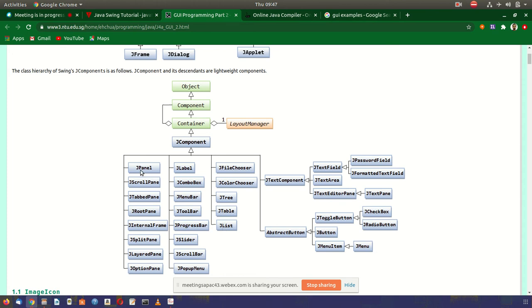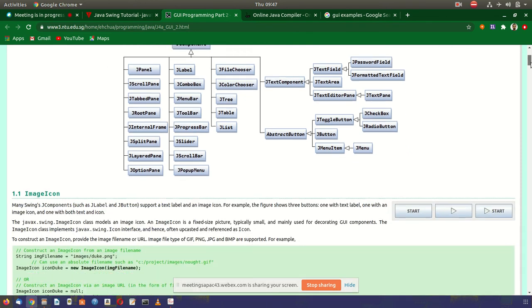Most of the time we are going to use JPanel. We are going to use JLabel, and these things only. The rest of the functionality, you are not going to use at the moment.